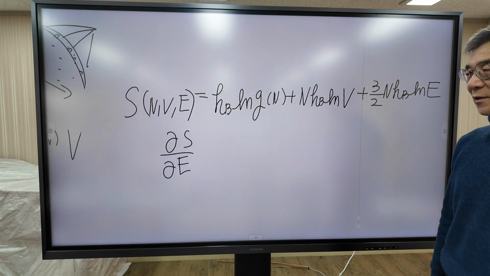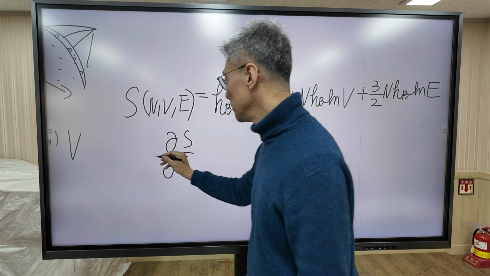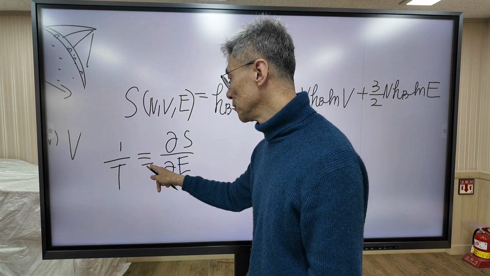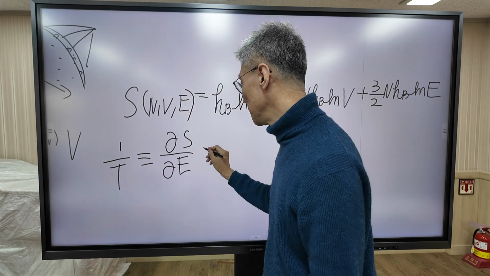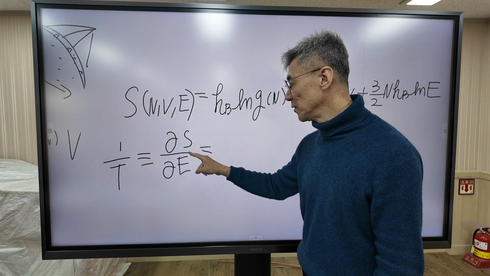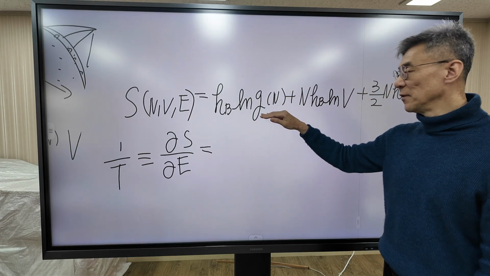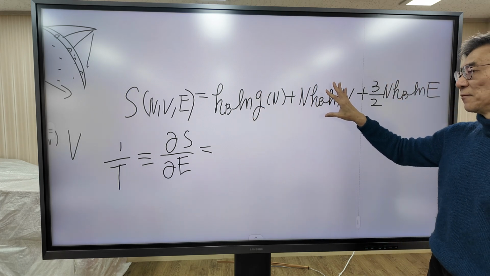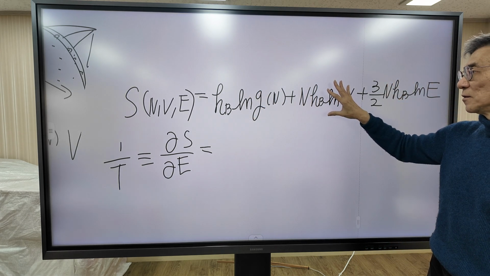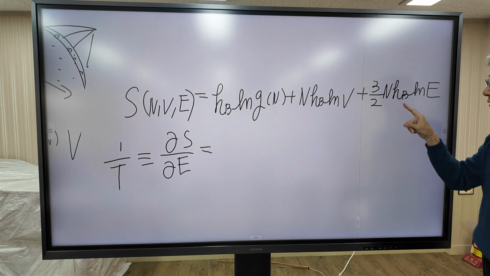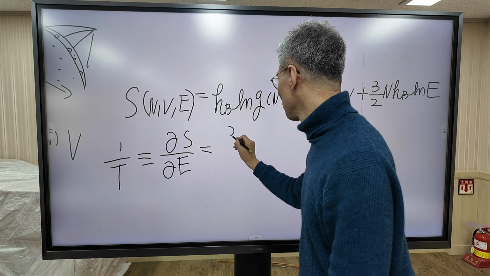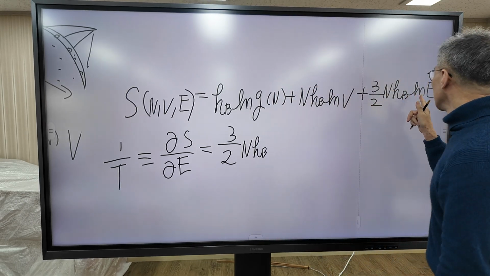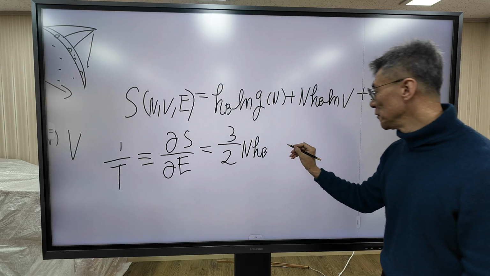According to statistical mechanics, this derivative is defined as 1 over T. This is the definition according to statistical mechanics. Now, I'm going to take a derivative of S with respect to E. The first term does not have E, so the derivative of this first term is 0. The second term also does not have energy, so the derivative must be 0. When you take a derivative of the third term, when you take the derivative of ln E, it is equal to